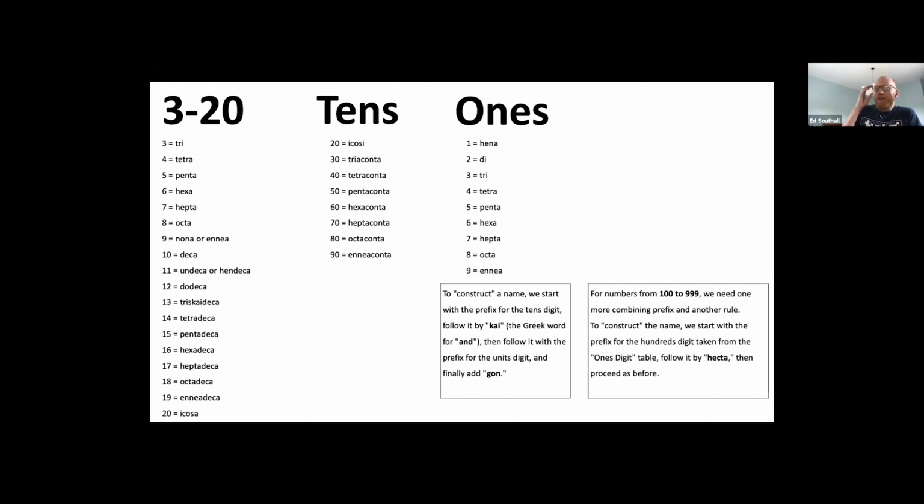Now, in real terms, if you're going to describe a shape that's got more than sort of 12-ish sides, then you're probably just going to go, it's a 15-gon, and literally just say the number and gon afterwards. And if you look in a textbook, they almost certainly are just going to write the number and then a dash and then gon. But that's no fun, is it? So let's just be silly for a minute. You'll see in those two little text boxes to the right how we use this table of terms to construct the names of larger shapes.